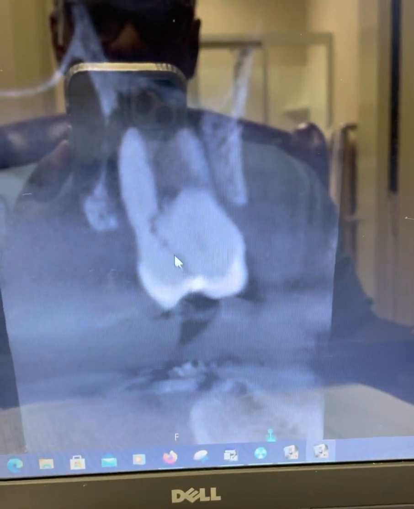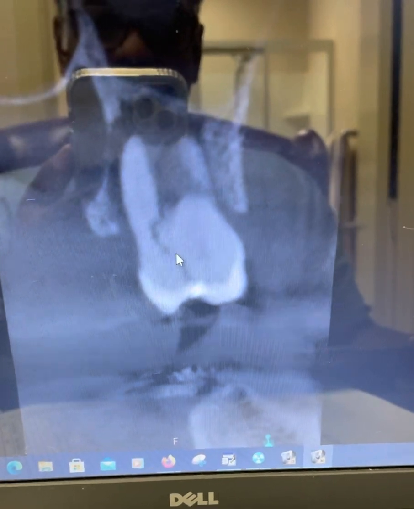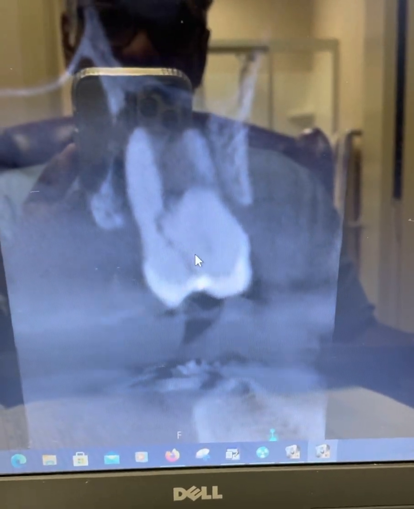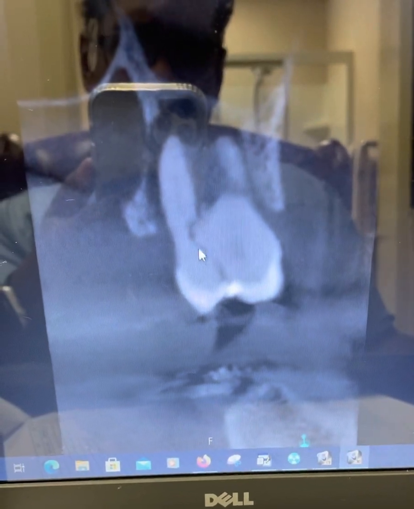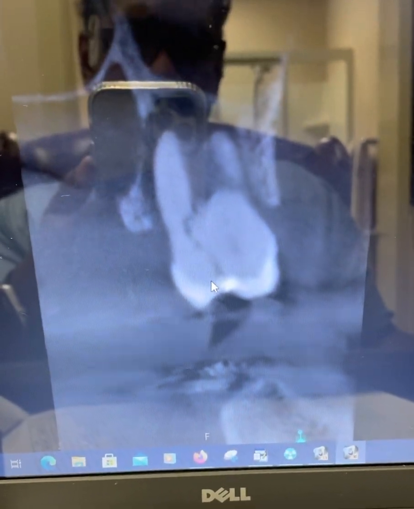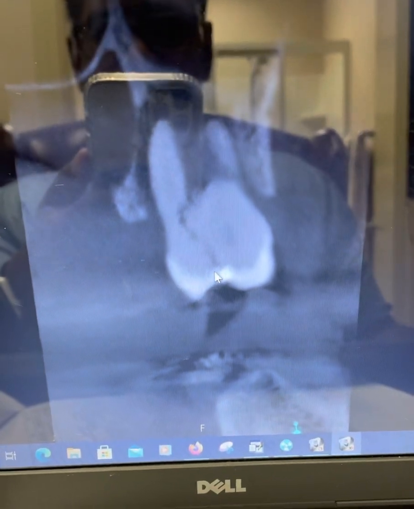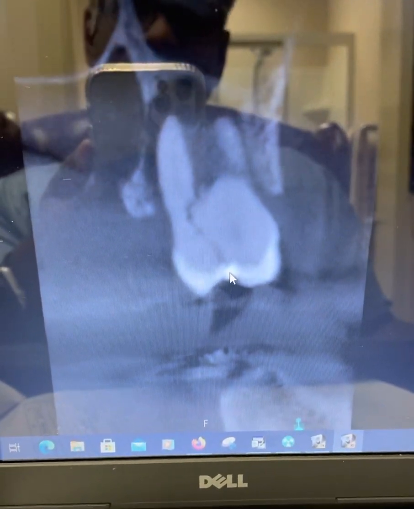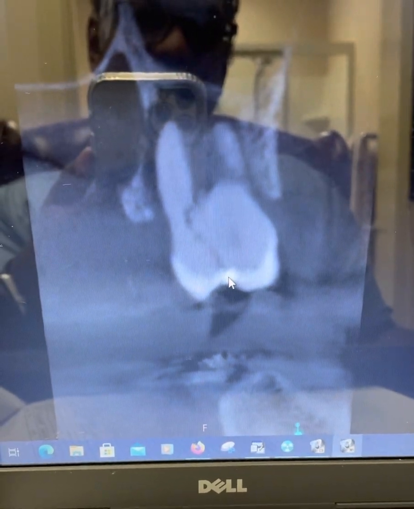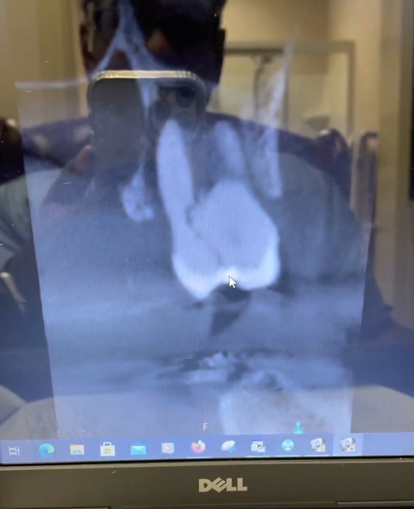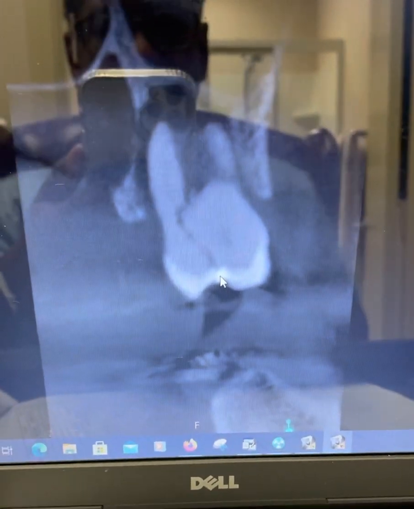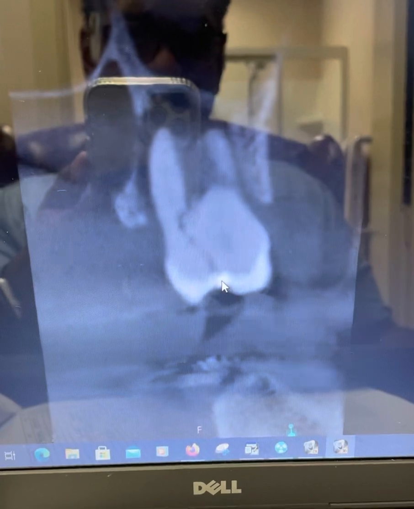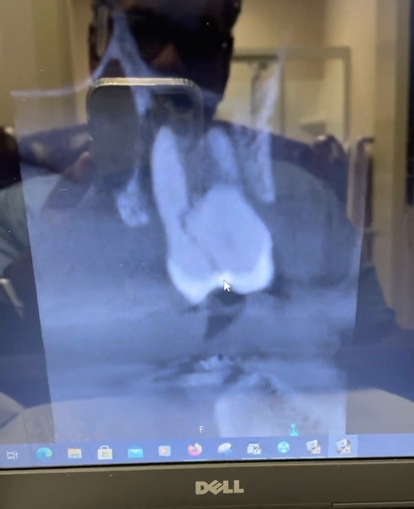coronal slice. Now, if this tooth was root filled with gutta percha and also had a post, you probably wouldn't be able to see this crack so clearly. Studies by Platuno talk about vertical root fractures and split teeth being very hard to diagnose on CBCT due to the scatter from the metal artifact and also from the scatter based on the barium that's in the root canal filling material, also the radiopacifiers in the